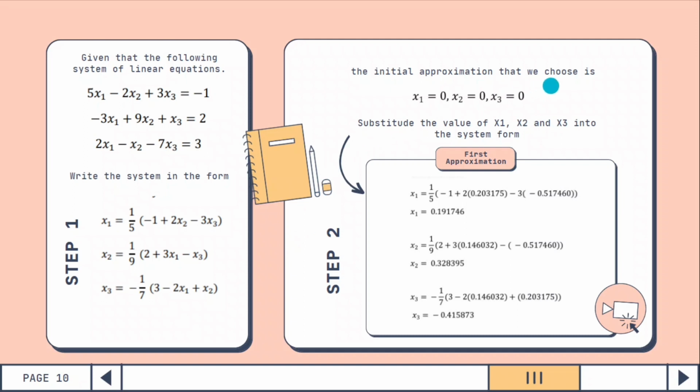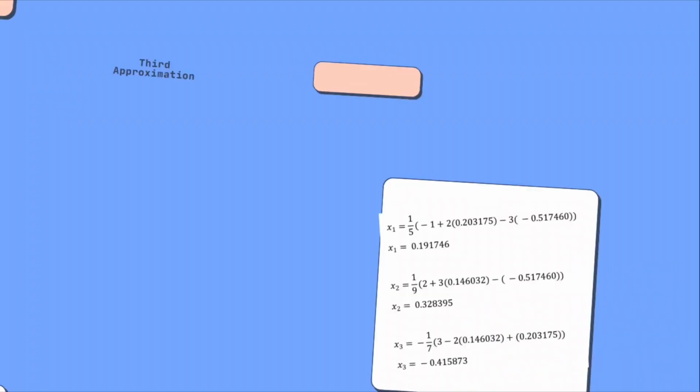In step 2, the initial position that we choose is x1, x2, and x3 equal to 0. Substitute the values of x1, x2, and x3 into this system form, which gives the first approximation. We get x1 equal to 0.91746, x2 equal to 0.32395, and x3 equal to -0.45